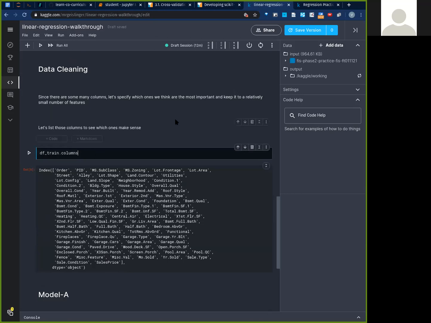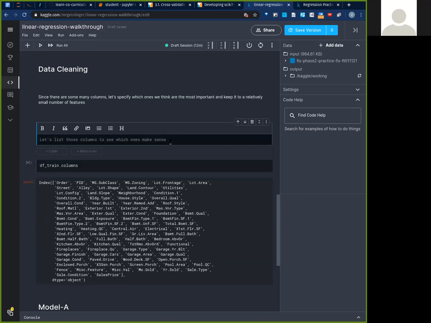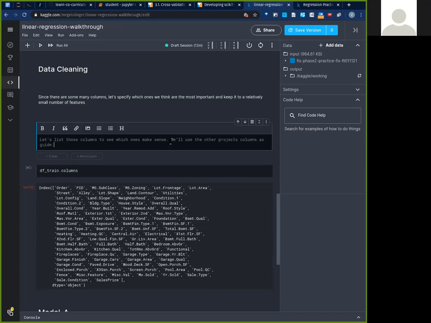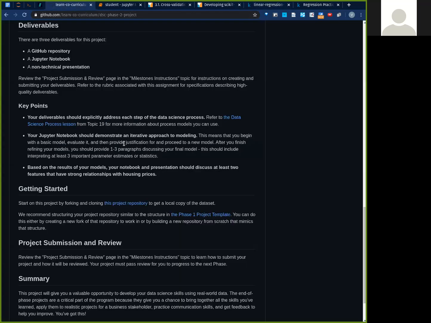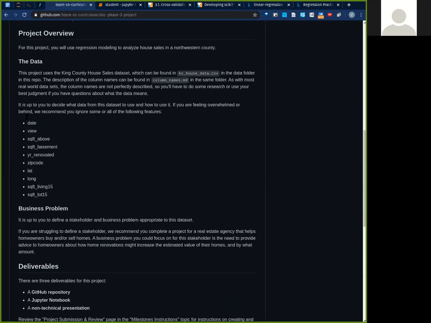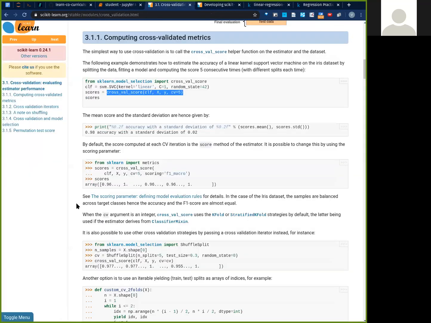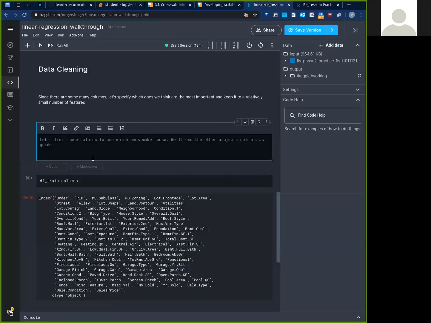And what I'm going to do is compare it. So let's make sense. We'll use the other project's columns as a guide. So what I'm saying here is that there are some columns that were from this one right here. So we see that this is from the project that you guys are actually going to do. I'm just going to keep things that are close to this set of columns. Does that make sense? So say from other project